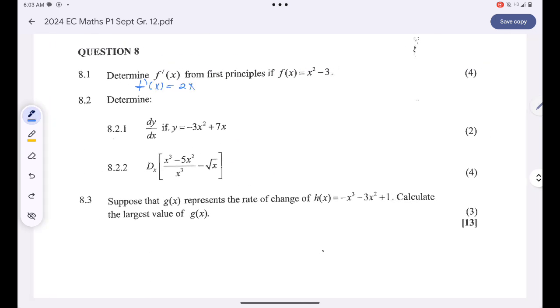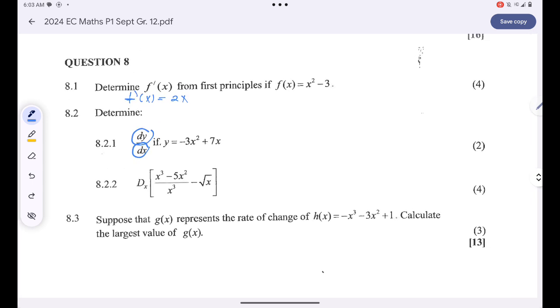Okay, we are supposed to determine the derivative of y with respect to x if y is equal to that. Since now we are not told to use first principle, there is a rule we can use. It simply says that